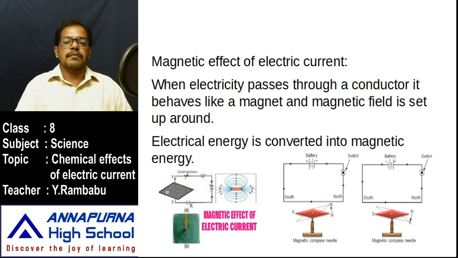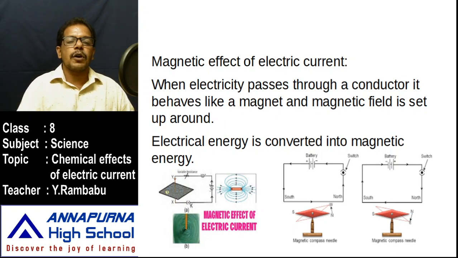Next, insert the plug. That means turn on the switch. Whenever we turn on the switch and you focus on the magnetic compass, we observe there is a deflection of the magnetic compass needle momentarily. Why does this needle deflect momentarily? In that case it is influenced by the electric current's magnetic field. That means whenever electricity passes through this conductor, it behaves like a magnet. That means around it a magnetic field is set up. This compass needle is influenced by this magnetic field which surrounds the straight conductor. That's why we observed deflection.